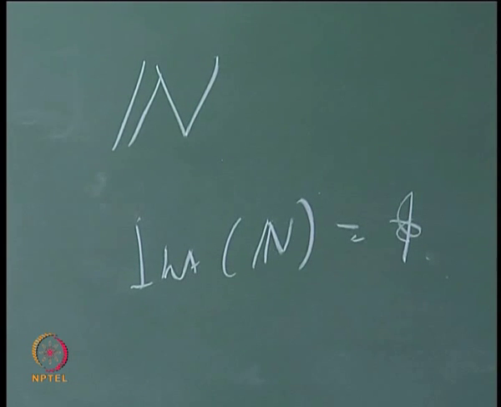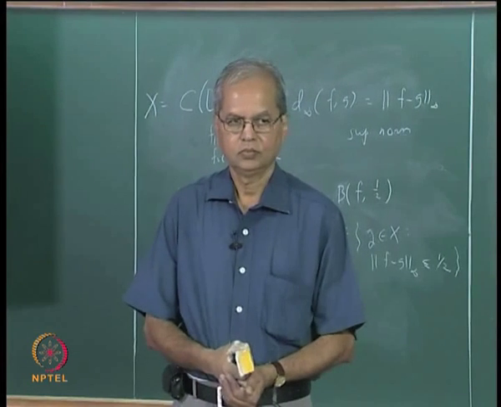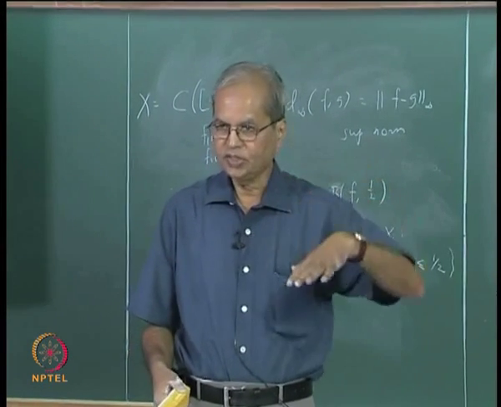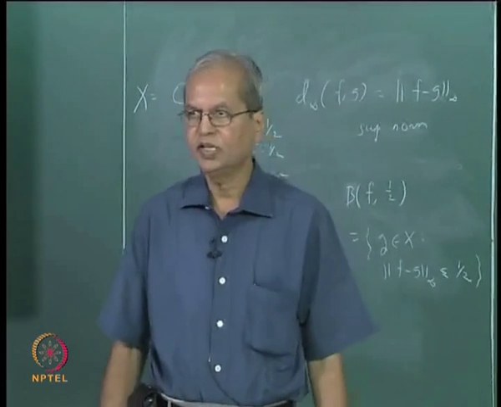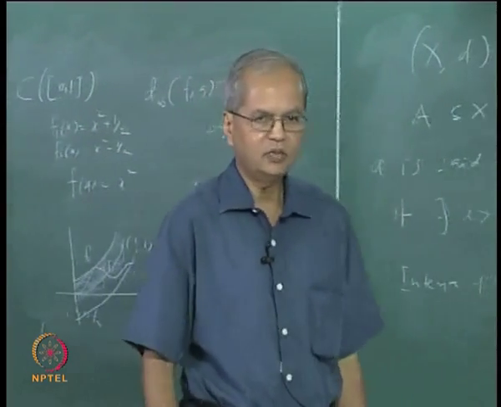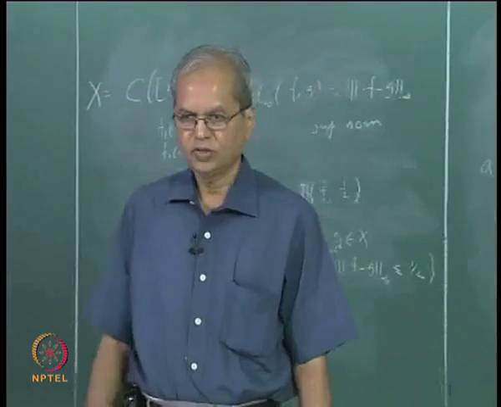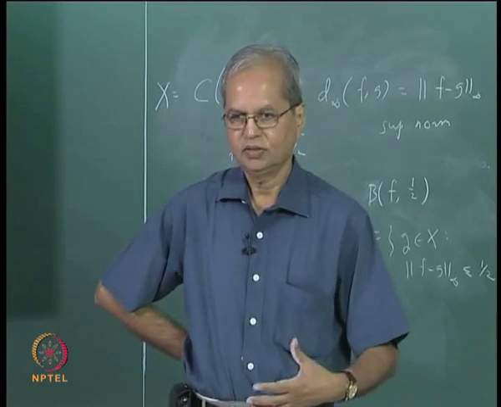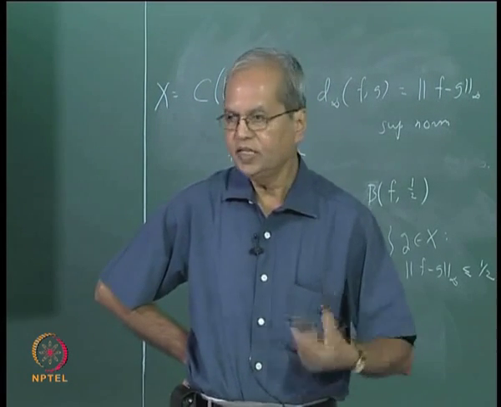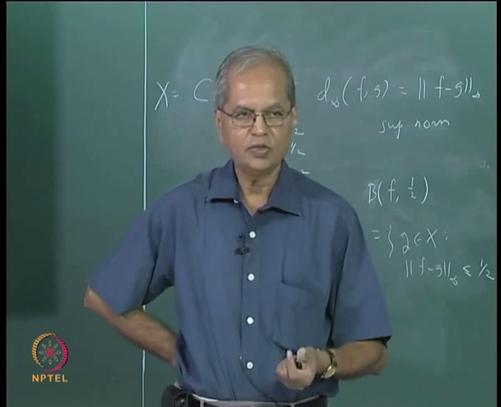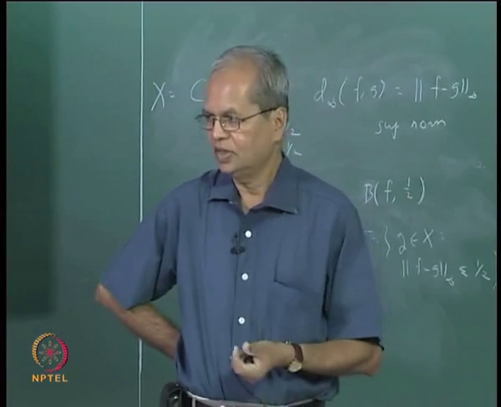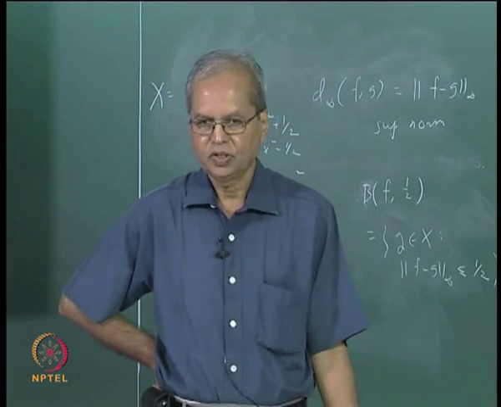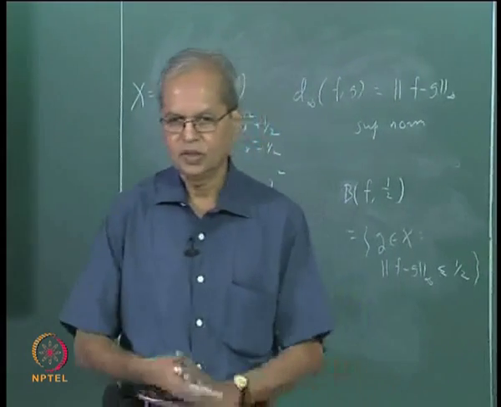What about the interior of Q? Again an empty set. The interior of the set of all rational numbers is an empty set. Suppose you take the set of all irrational numbers, again an empty set, because of the same thing we have seen: between any two real numbers there exists a rational number. So any interval must contain at least one rational number and at least one irrational number. So the set of all rational points has empty interior, and similarly the set of all irrational points also has empty interior.